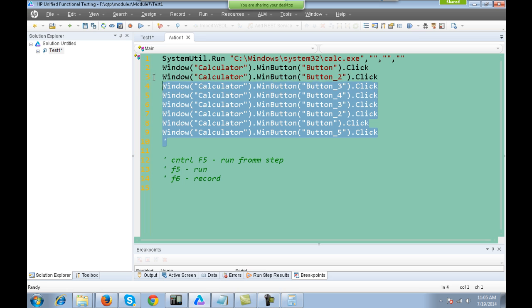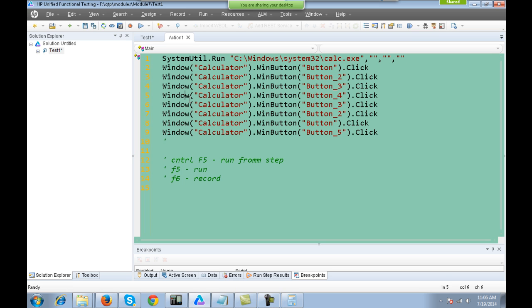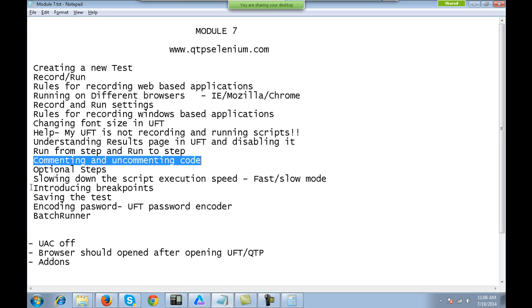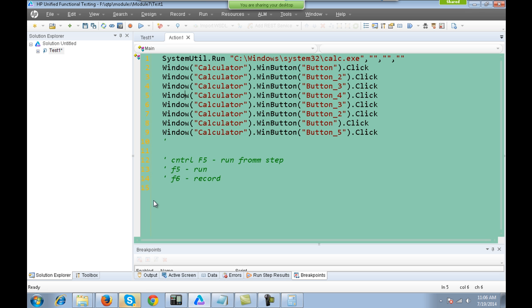Very important thing again, because at times you would want to comment some part of the code to prevent it from executing. Now another thing is optional step. It's too early to explain at this time, but I want to give you a brief idea.